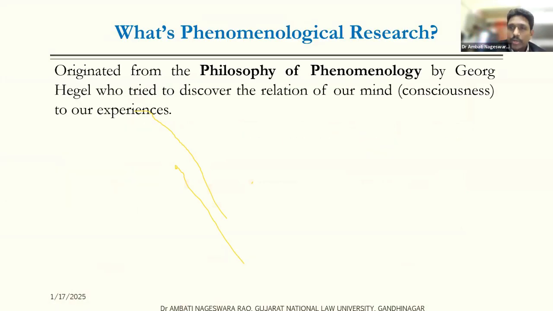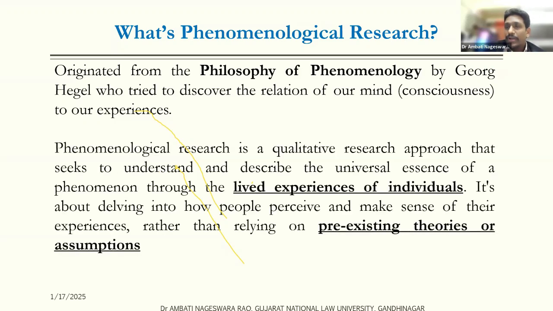This particular method originates from the philosophy of phenomenology, especially developed by the philosopher Hegel. Later on, many sociologists started working on phenomenological research. Until the 1960s, most research was dominated by quantitative research scholars. But at the beginning of the early 1960s, scholars realized that quantitative research has a lot of limitations. We are always trying to quantify and measure, but as a result, we are not able to discover knowledge. We are not able to come up with a proper output.